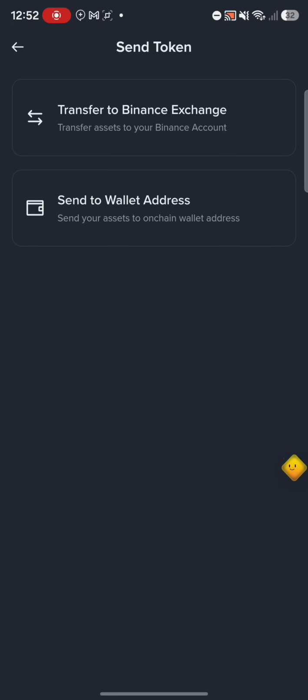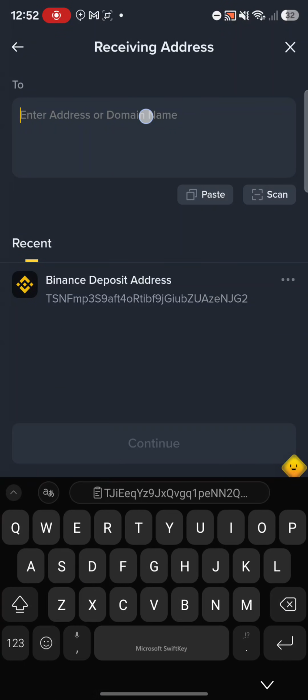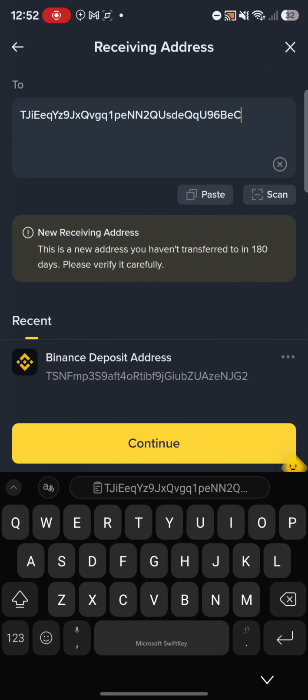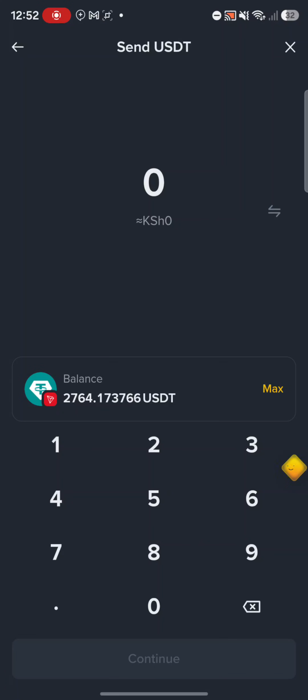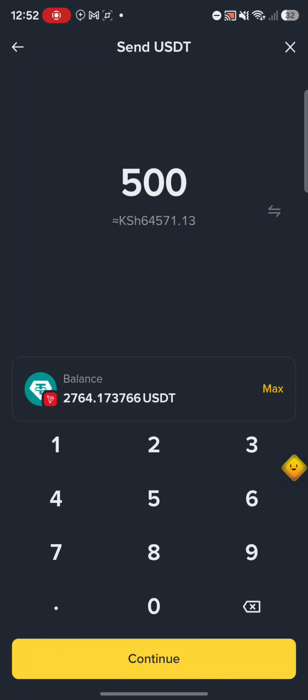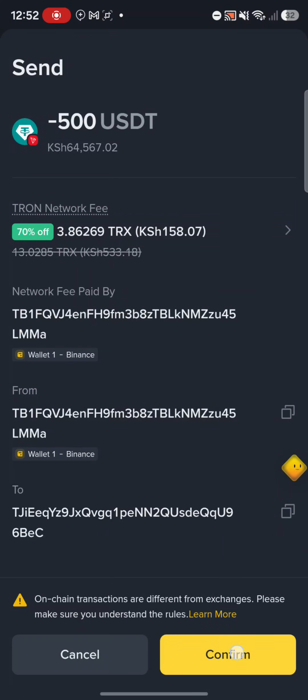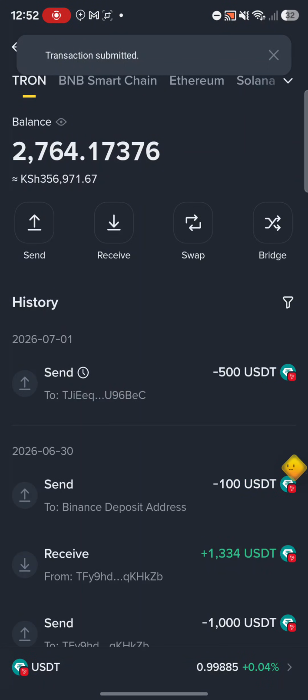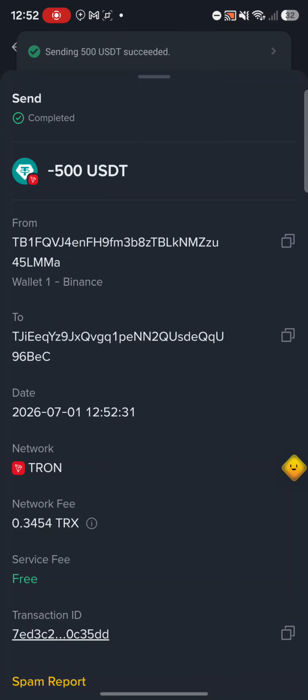All right, I'm going to send, transfer to add wallet, and then I'm going to long press my address here and then continue, and I'm going to put the amount, which is 500 as agreed, and then click on continue. I'm going now to confirm the withdrawal from my Binance, and I'll put my passkeys. As you can see, the screen now is black because I'm putting my password. All right, and so you can see the transaction has been submitted. So here is 500 that has been sent already to